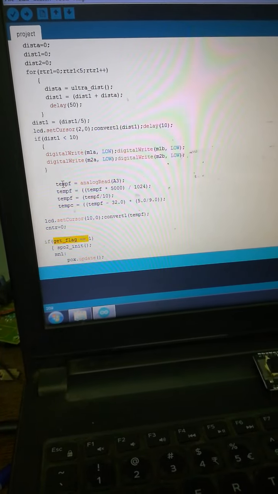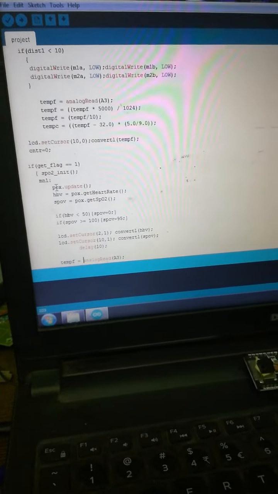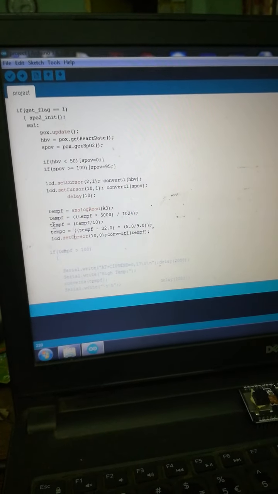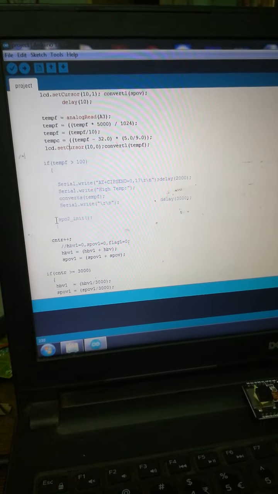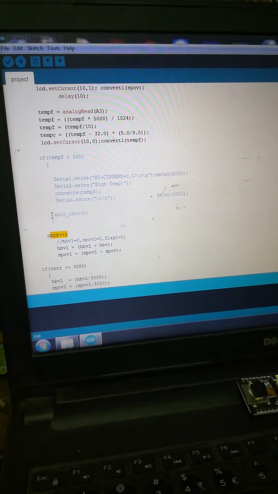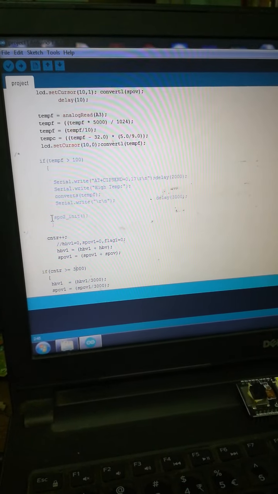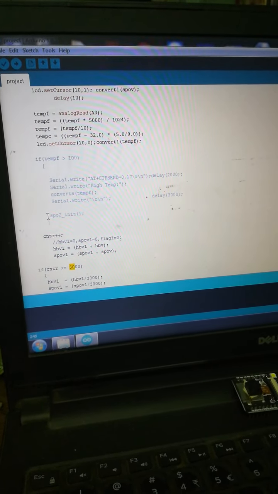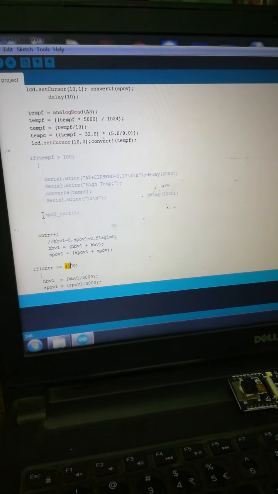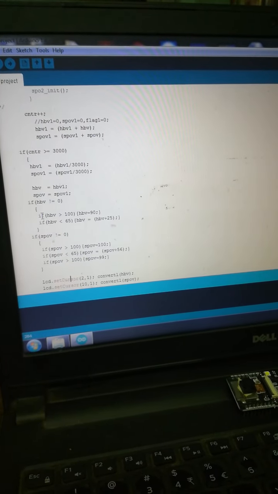I will explain this below. Whenever get flag is 1, then SpO2 is initialized, and it reads heartbeat and SpO2. There is a small calibration part here, and it reads temperature. Here we are incrementing count. That means this loop is repeated nearly 3000 times. 3000 times means it is reading every 10 milliseconds. 3000 times 10 milliseconds comes to around 30 seconds. So every 30 seconds it is updating to